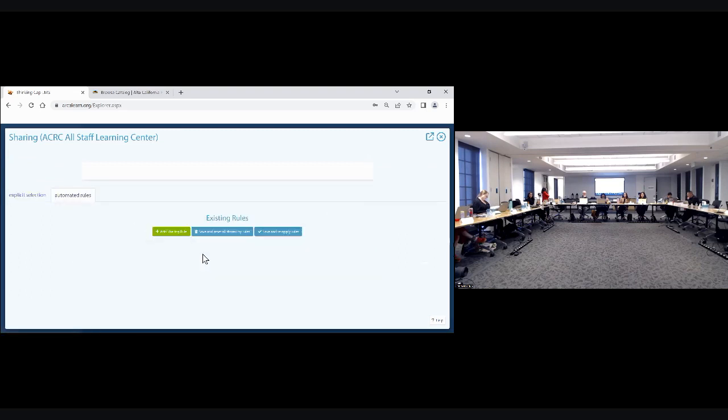You could say, I want any course. Let's say you had a taxonomy of course types and one was COVID-19. You say, I want to share into my branch any course that anyone shares that's marked COVID-19, and then it'll just automatically get added to your area. Now, remember, just because it's added to your area does not mean it's available. This is something we've been tinkering with changing, but right now,